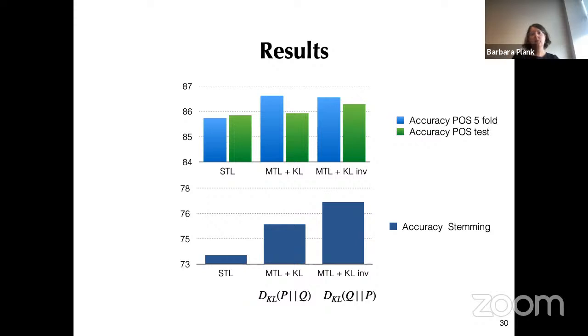And what we saw is here, these two plots summarize our main results. So we see that for both tasks, so for POS, we had 2 setups. We see on the left side the single task learning setup, and then on the right, the multitask learning setup. And what we saw is that in both cases, we saw significant improvements by integrating this auxiliary loss. And there was actually, if you swap the direction, that was a little bit better than just plain direct Kullback-Leibler divergence. But in both cases, we saw an improvement over the single task loss.